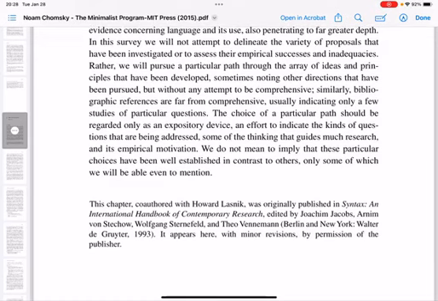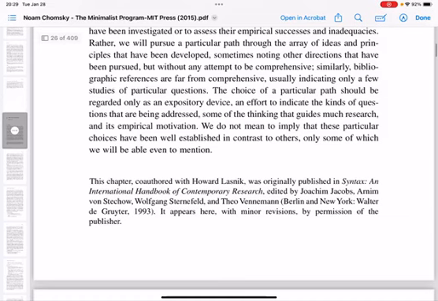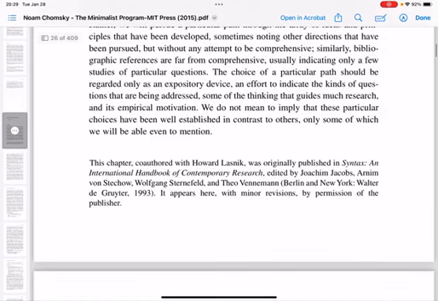The choice of a particular path should be regarded only as an expository device and an effort to indicate the kinds of questions that are being addressed. Some of the thinking that guides much research and its empirical motivation. We do not mean to imply that these particular choices have been well established in contrast to others. Only some of them, only some of which we will be able to we will be able to